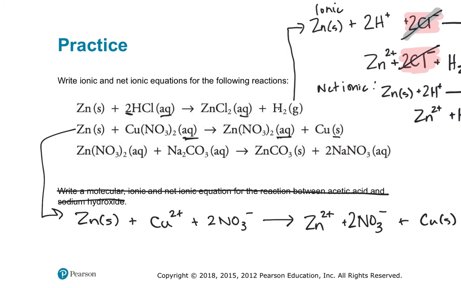Okay, so this is our ionic equation. We're going to look for whatever appears on both sides in the same form. This appears on both sides in the same form, the nitrate. So that's going to be crossed out. And our net ionic equation is going to be